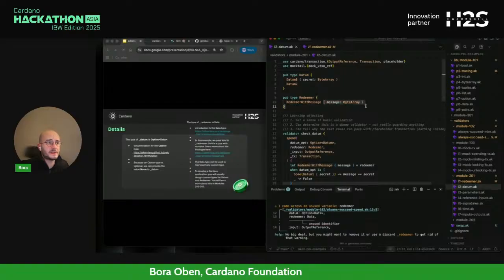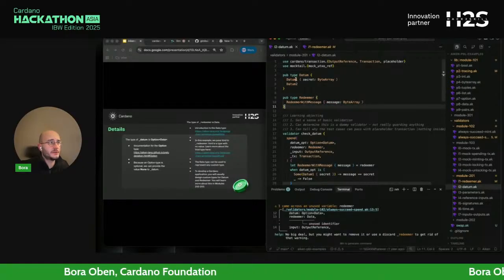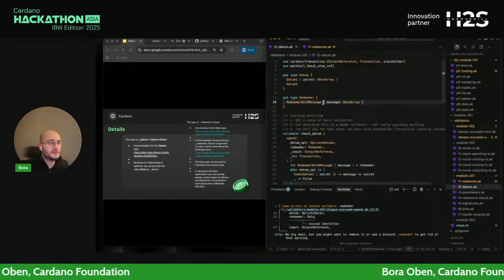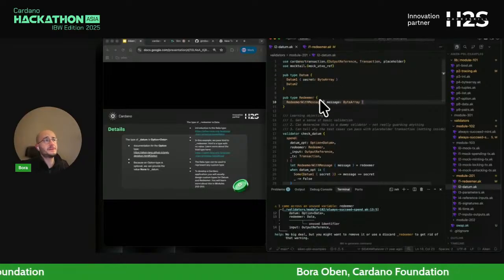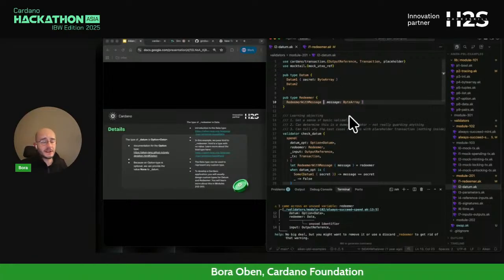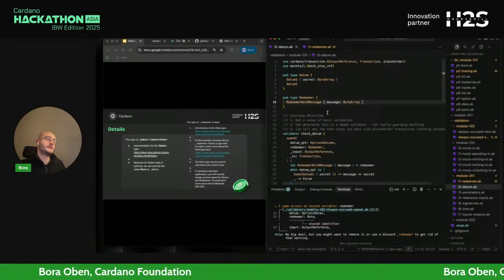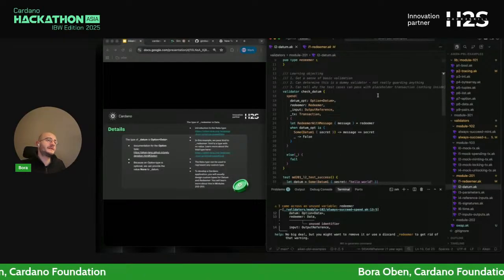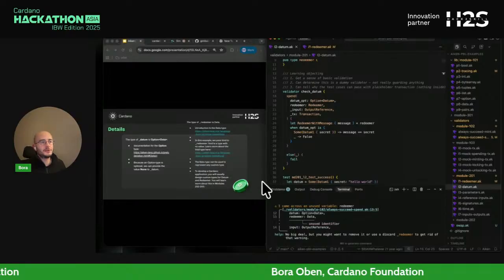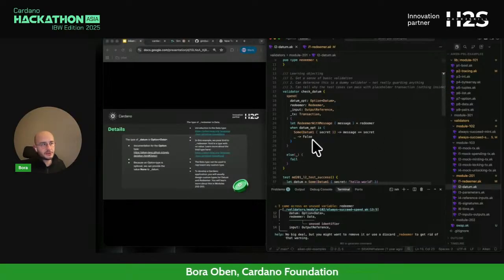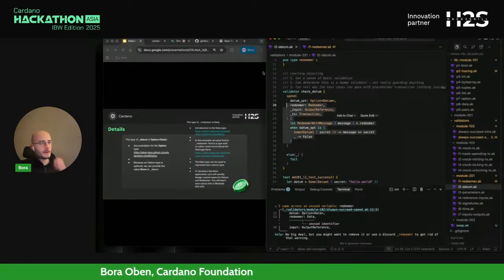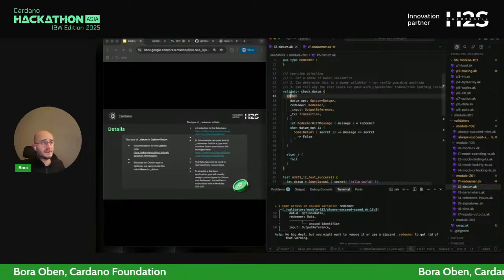These are just parameters that you can also provide to datums or redeemers. And what you use them for is, again, on-chain validation, of course. So if we take a look at this a bit more mature smart contract, let's say, now there is actually some stuff happening in this one. So this is, again, a validator, a smart contract called check datum.